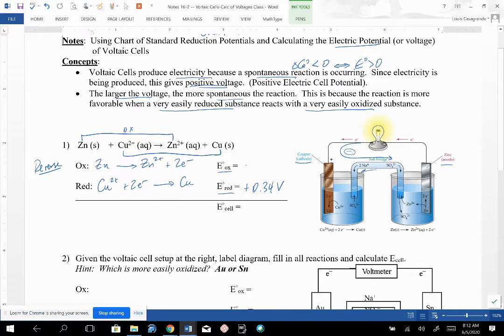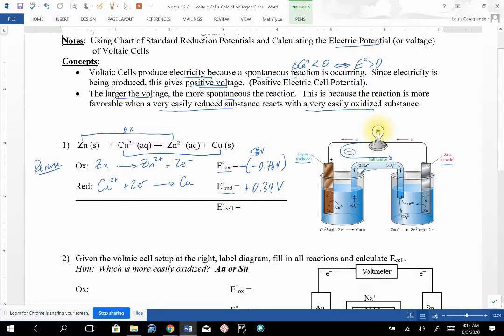We have a negative of the potential. So a reverse direction makes the sign go in the opposite direction, and negative of a negative 0.76 volts is what we're going to put in here. What that means, we put it together, and this oxidation has a potential of 0.76 volts. So this is a fairly